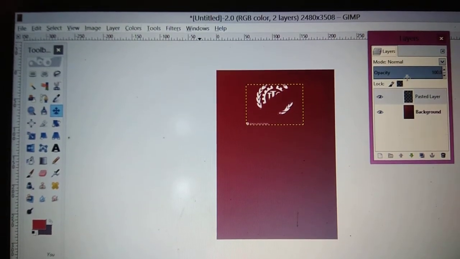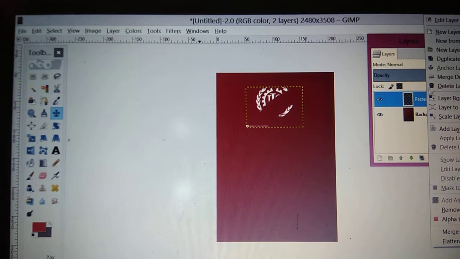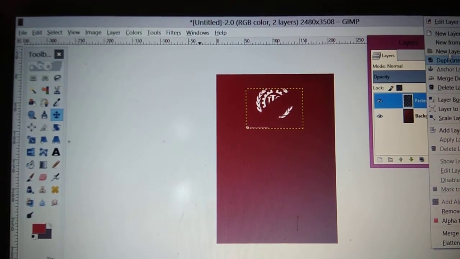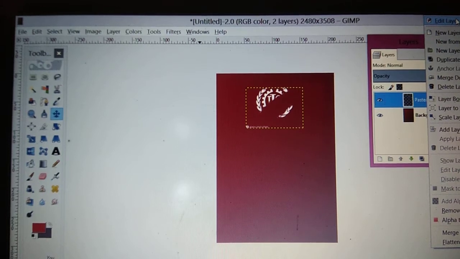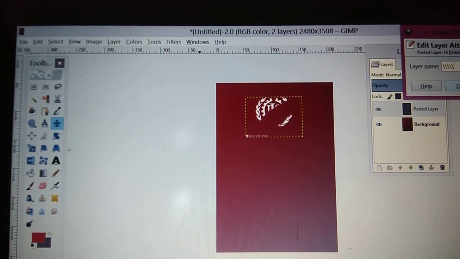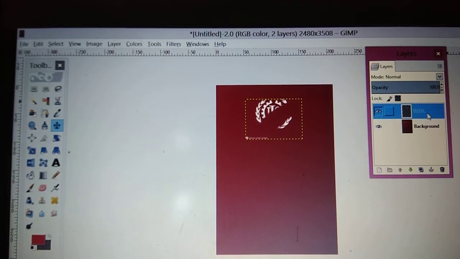In that, we can edit the values. We can rename the layer by right clicking or delete the layer or edit another attribute. I've given just an example here.